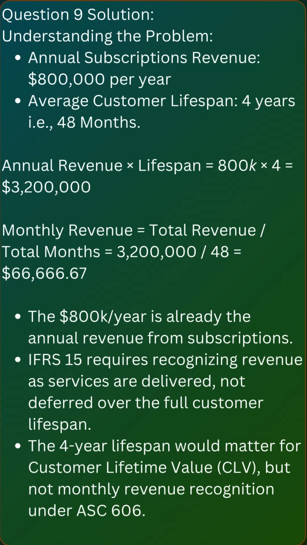Question 9 solution. Let's understand the question first. Annual subscriptions revenue, $800,000. Average customer lifespan, 4 years. Annual revenue multiplied by lifespan, that is 800K multiplied by 4 equals 3.2 million. Now, monthly revenue equals total revenue divided by total months. That is 3.2 million divided by 48 equals